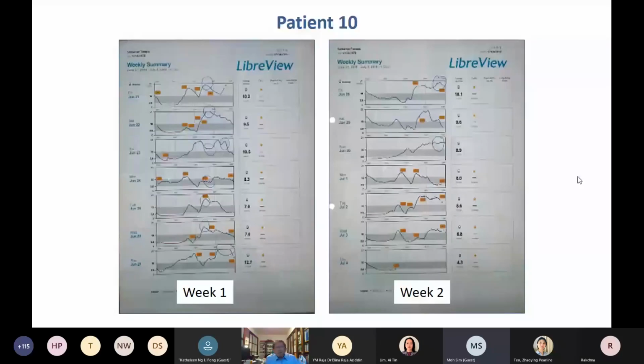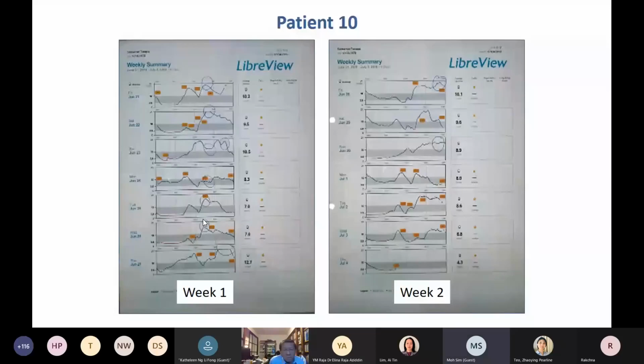For this particular patient, you can see that for both weeks, there are very high glucose levels, and these are all above the shaded lines. You can also see days where the glucose levels are below the shaded line. So this patient was having hyperglycemic episodes as well as hypoglycemic episodes, and this was again reflected in the HbA1c. What we did for this patient is that we reduced his night insulin and increased his morning insulin, and told him to moderate his meals, particularly his lunch meals, which were way over the targets.